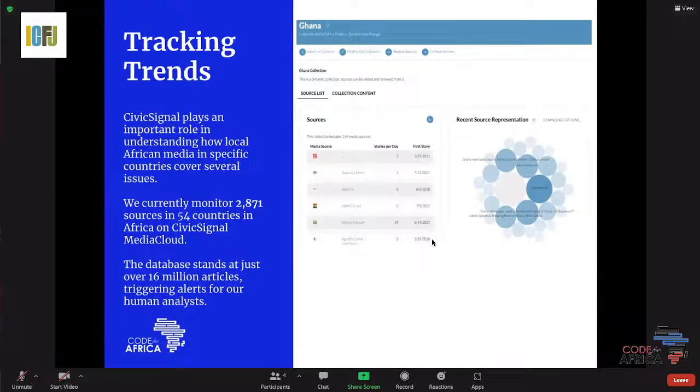And those watch lists and dashboards trigger alerts for our investigative team, like Fidel and Alan, to take a look at. It alerts them to anomalies or spikes in coverage of certain content types that they've put into the Media Cloud platform, and that prompts them to go off and look for the deeper investigations that lie underneath that data alert.